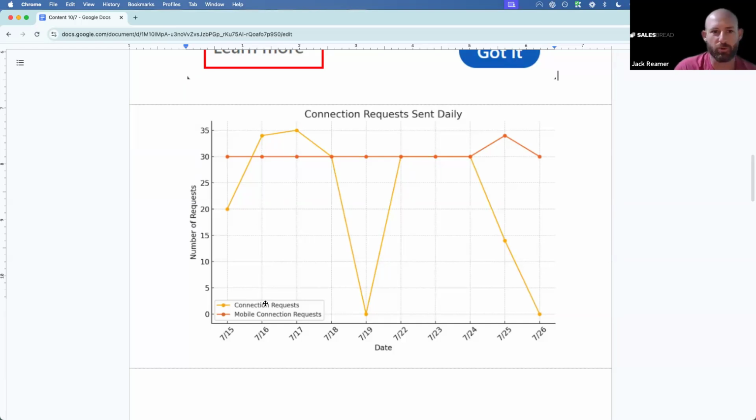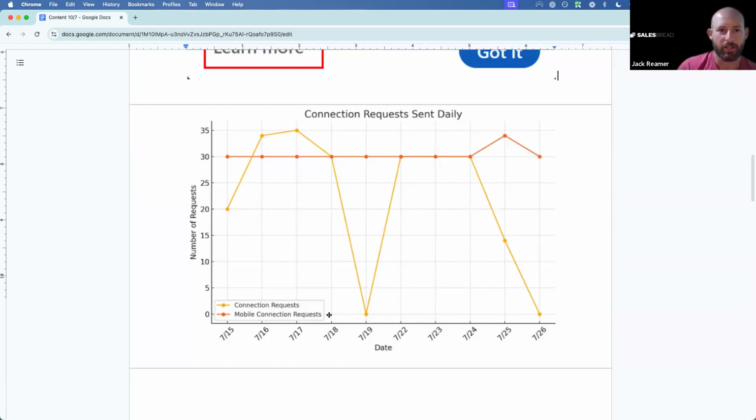Method one is a traditional connection request that we're all familiar with. Basically going to LinkedIn's website, clicking that connect button and sending messages, stock standard. But this orange line here is mobile connection requests. Essentially, I've simulated sending a connection request through LinkedIn's mobile app. And thankfully today, there's a lot of different tools that'll help us out with this. But essentially, if you want to be sending a lot more connection requests, use both as well as a few